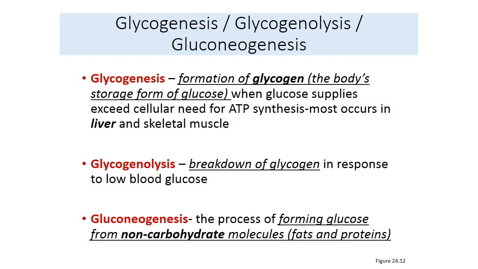Glycogenolysis, lysis refers to breaking down, so breakdown of glycogen. If your blood glucose is low, you haven't eaten for a number of hours, you will start to break down glycogen stores in the liver to raise blood glucose levels back up. Gluconeogenesis, neo refers to new, genesis, creation. So you're forming new glucose molecules from non-carbohydrate molecules, so from fats and proteins. And once this happens, now the glucose can enter into glycolysis, Krebs cycle, for the purpose of making ATP in the